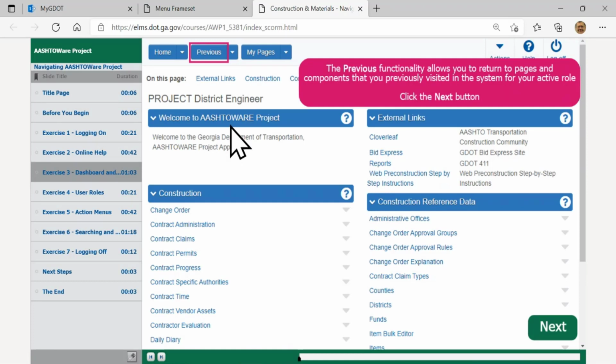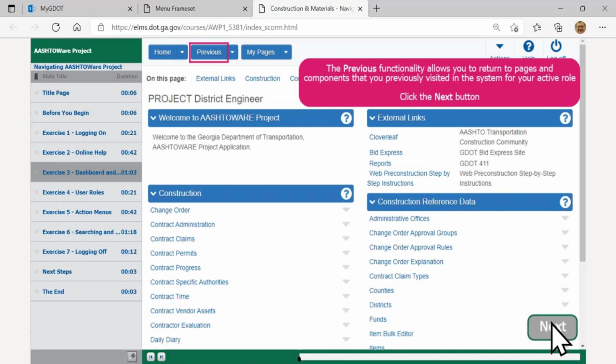If you want to go back to something else, there is your previous button. You might not remember that in your web browser, there's a backward and a forward button. We tend to not want to use those buttons, but we're focused on the previous button, because if you use the arrow keys on the browser, it might give you old data, and you want to make sure you have the most recent data in there. So by clicking on the previous button, you can make sure that the system knows you want to go back to your previous section to work with.